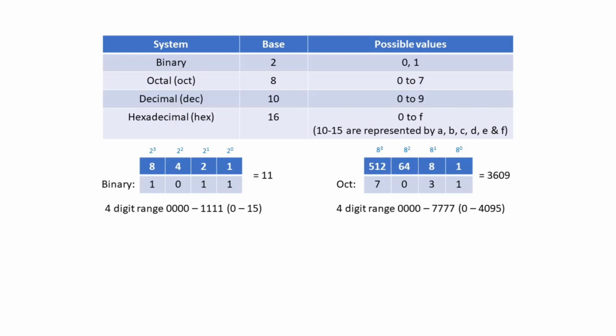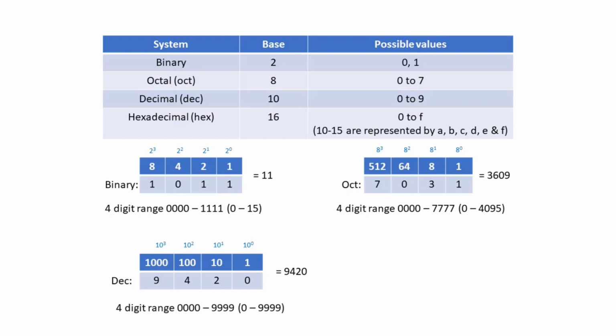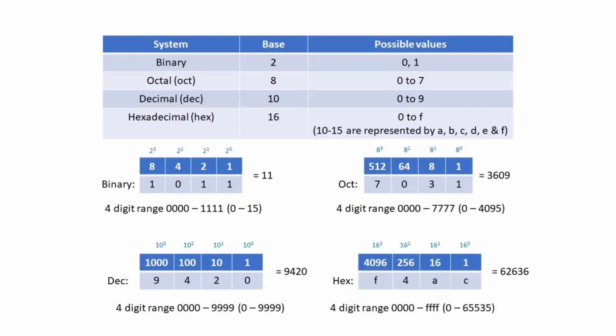That would give us a range of 0 to 7777. That's 0 to 4095 in decimal. In decimal, 10 raised to the 4th power is 10,000, giving us a range of 0 to 9999. Finally, in hex, our largest number would be 16 raised to the 4th power, or 65,536 in decimal. That would give us a range of 0 to FFFF, or 0 to 65,535 in decimal. It's easy to see that using a larger base makes for a much more compact way of